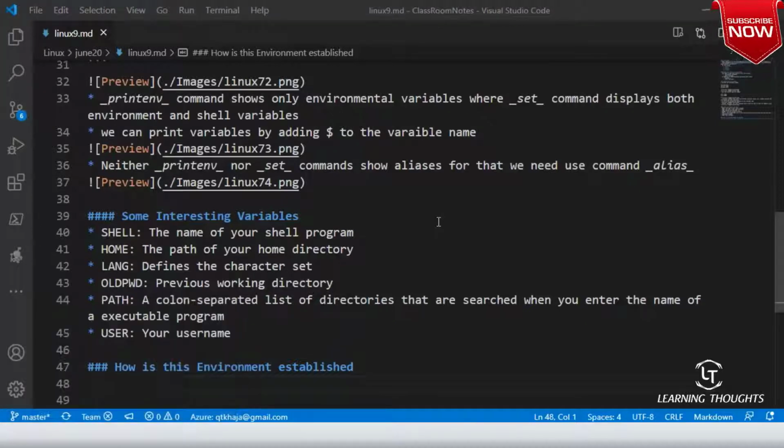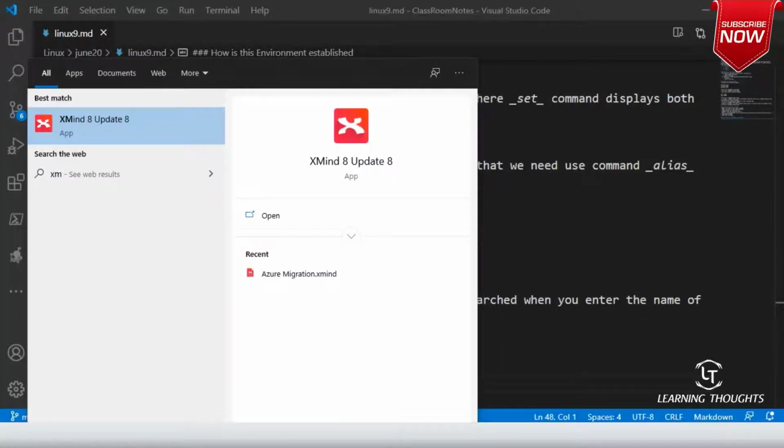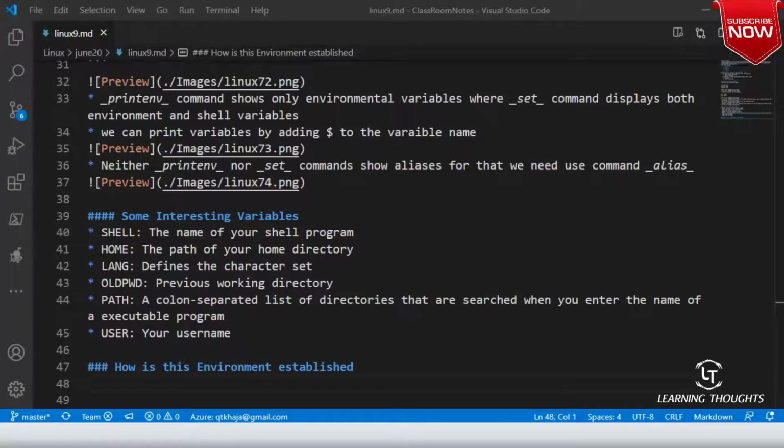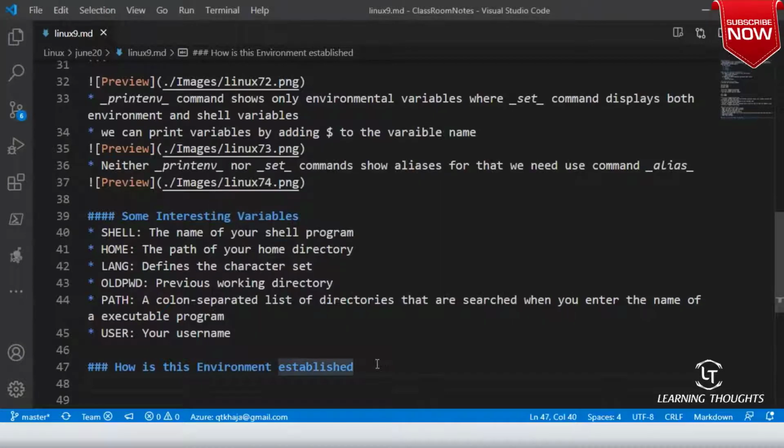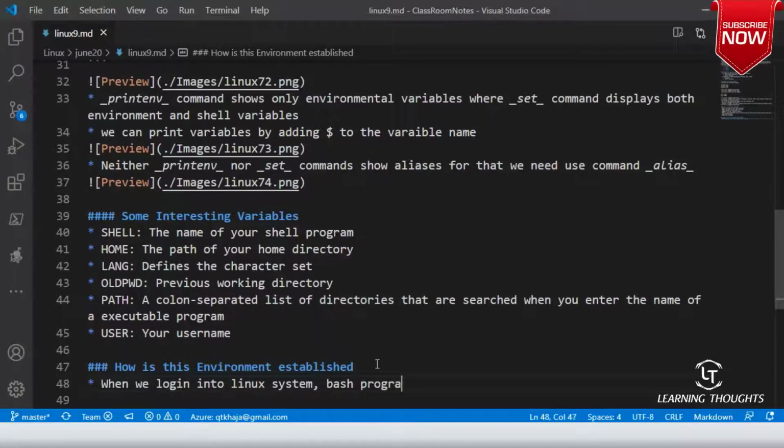Let me take the help of Xmind over here. Generally, what happens is when we log in to the Linux system, your bash program starts and reads a series of configuration scripts.